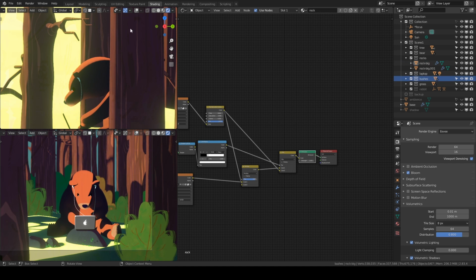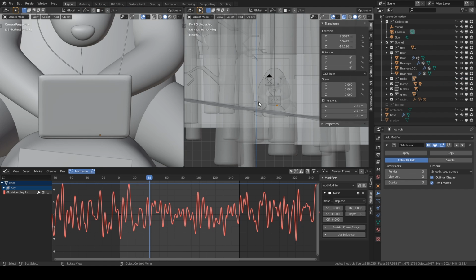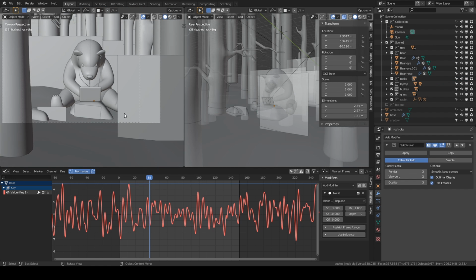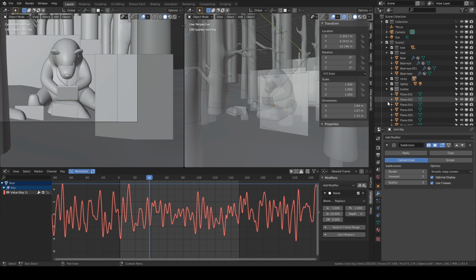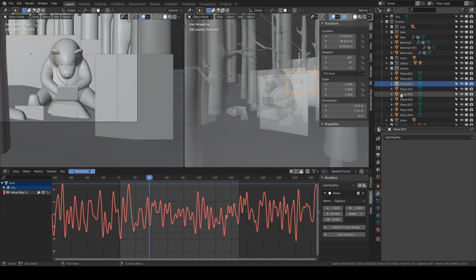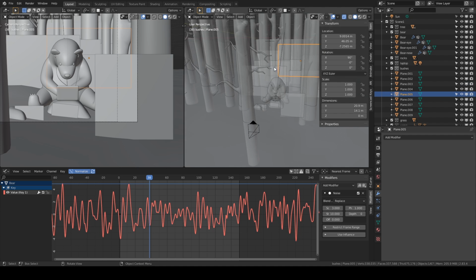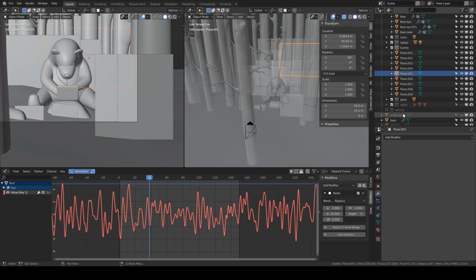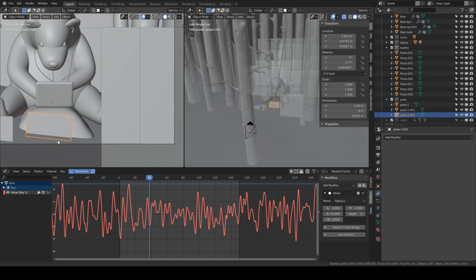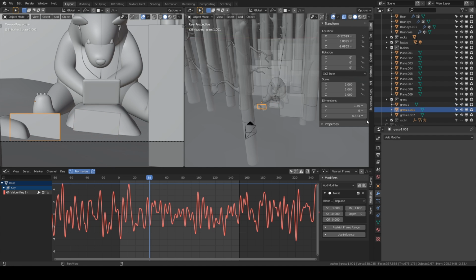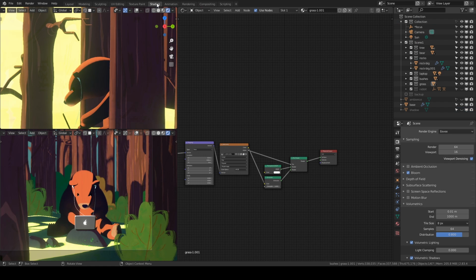So bush and grass are nothing but planes. If I expand, yeah, so I added a bunch of planes at different distances from the camera. And same for the grass, which are the smaller ones that you see in front of the rocks. And if I go to shading,